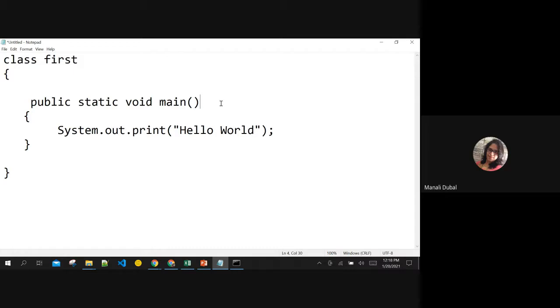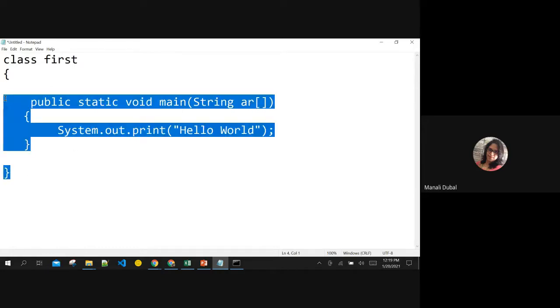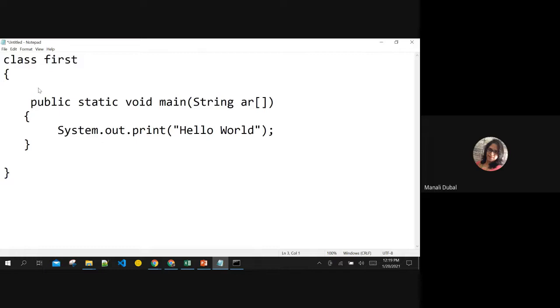Now, there is one more thing to add over here. In Java, just like in C, you cannot mention here int A or character C, right? Or boolean F or D or something. You cannot mention that. Here you have to mention String args or anything. The name of any string variable will work over here. What is the reason for this? Again, next class. But just for the sake of showing you how the program will run in Notepad and command prompt, I'm showing you this. No need to worry if you don't understand anything, that is fine, because we're going to continue this in the next class, of course. I'm just saving the program.